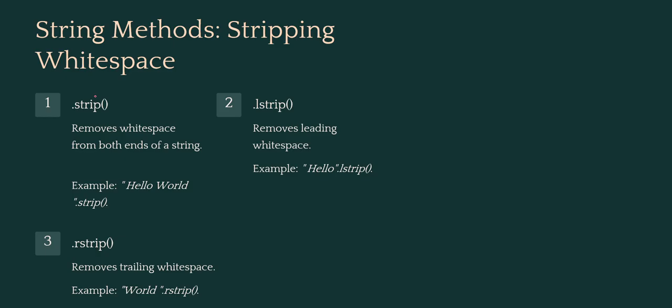So firstly, we'll discuss how to remove white spaces from a string. Now take a simple example. Let's say I have one variable a in which I have one string, a, b, c. At the beginning of the string, I have a white space. At the end of the string, I have a white space. Now, if I'm not interested in printing both the white spaces as my output on screen, what I can use is the strip function, which will remove this white space as well and this white space as well.